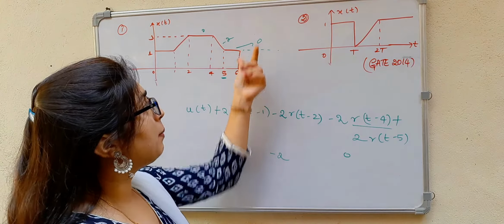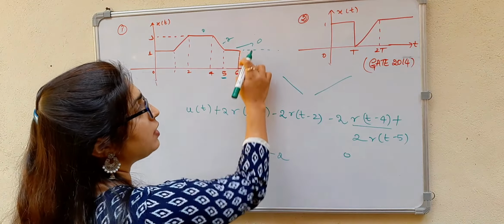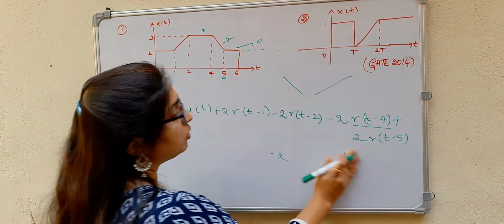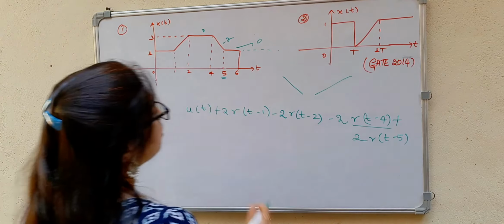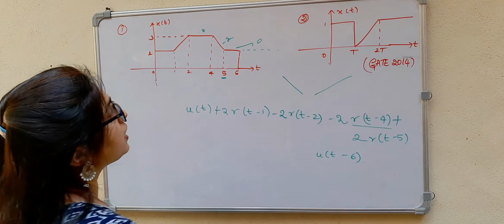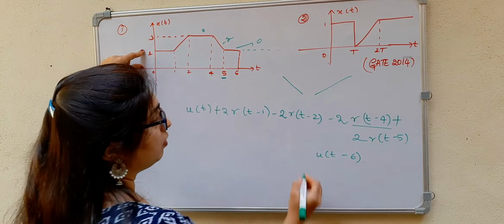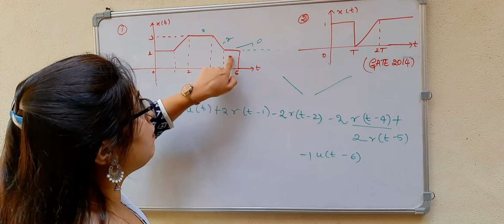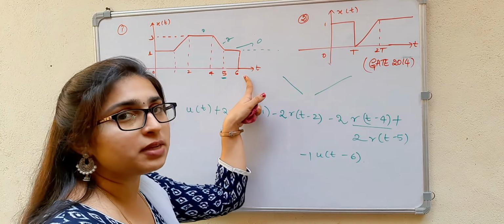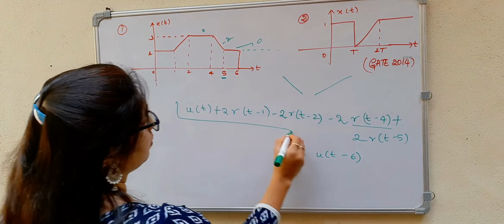And at 6, it is continuing like this, right? So if I subtract something, then I am going to get 0. So this is not a ramp. Ramp means either like this or like this. But here you are having a step difference. That means you have to add a unit step function, that is t minus 6. What is its height? Its height will be minus 1. Why? Because you are having 1, and from 1 the step height should go to 0. That means minus 1.